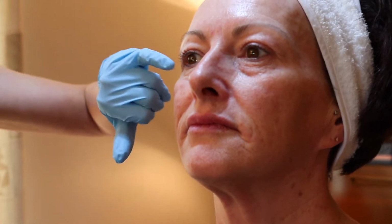For perfect product placement of the filler in the cheeks, what I want to do is mark the area so that we get the perfect lift. So I'm going to use 3 injection points, draw a line down from the corner, mark the alar triangle, tip of the tragus, and roughly,